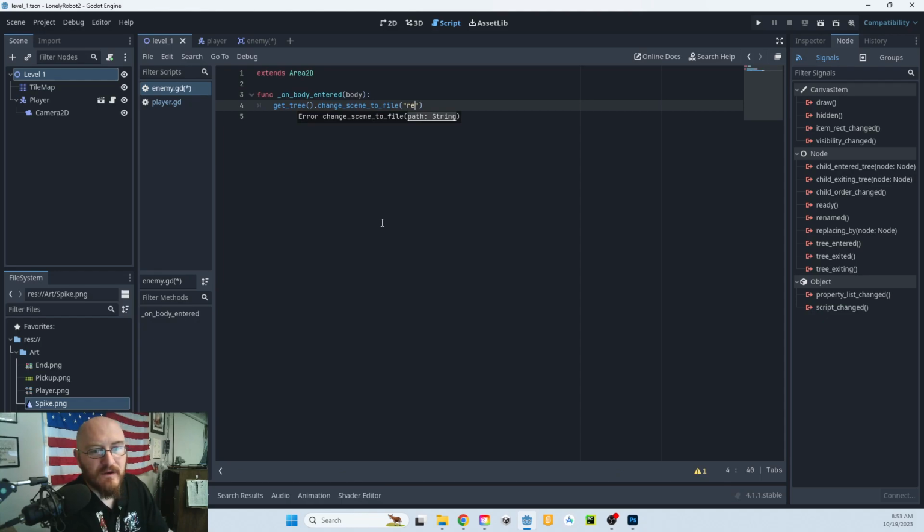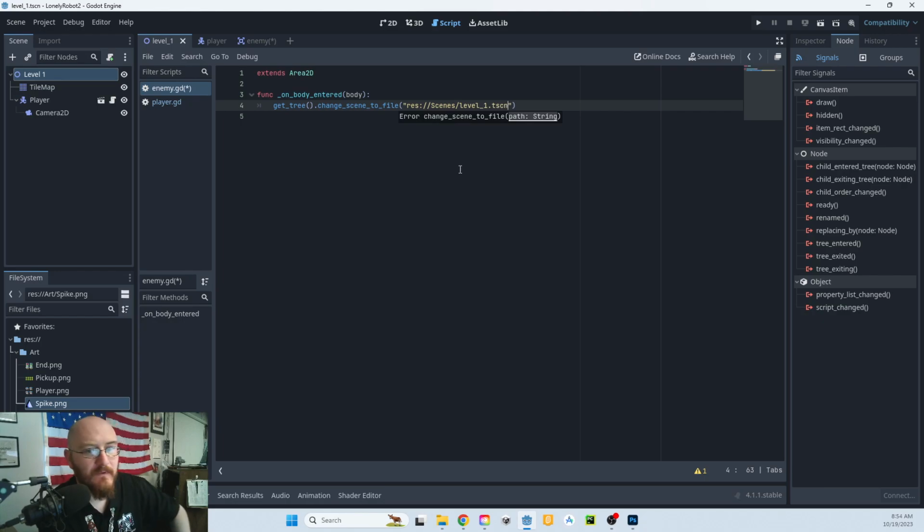And what we're looking for is res, because it's inside of our res folder, colon, //. And then we're going to look for our scenes folder. So scenes /level 1. I believe that's exactly how it's spelled. Level 1. So level underscore